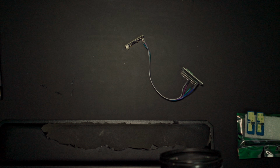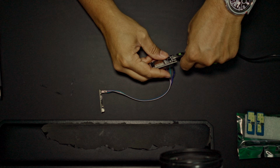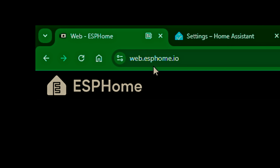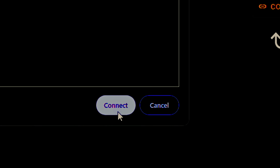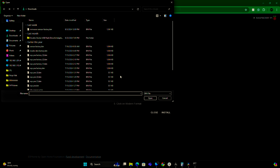The next step is to get a data cable that's plugged into your computer and plug it into the ESP32 board. On your computer, you're going to go to this website, web.esphome.io. You're going to hit on connect, select your ESP32 board, press on connect, click on install, choose file, and I'm going to use the